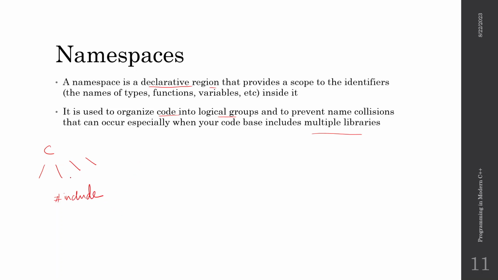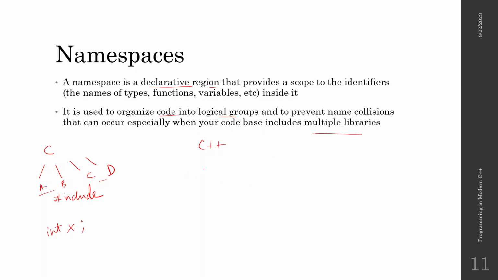There is a possibility that, let us say you have 4 libraries A, B, C, D, library A and library C both use the variable x. Okay, both have a variable called int x. And now since in C everything is in the global scope, there will be a name collision if both libraries use the x variable. So in C you had to be careful to give unique names to the variables so that hopefully there is not a name collision. But in C++, we have a mechanism called namespace,